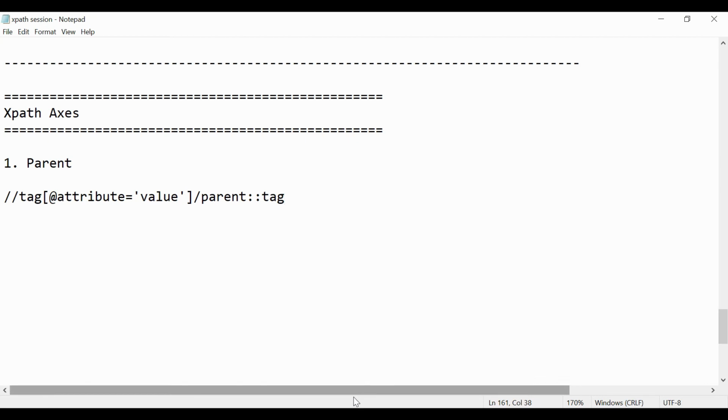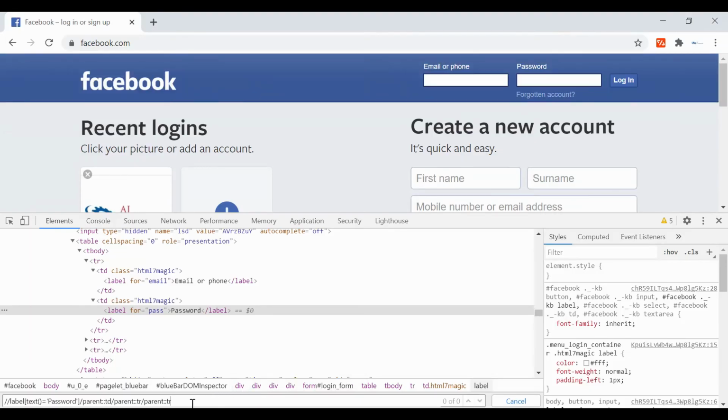An example we just saw, let me see why it is not highlighting. So you need to provide the parent name, right? The parent of tr is tbody, right? And the parent of tbody is table.